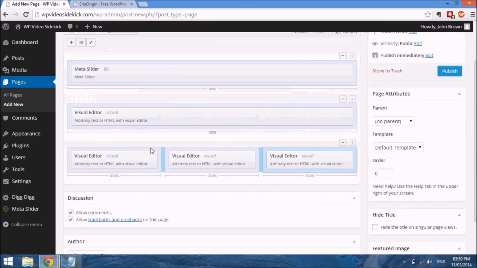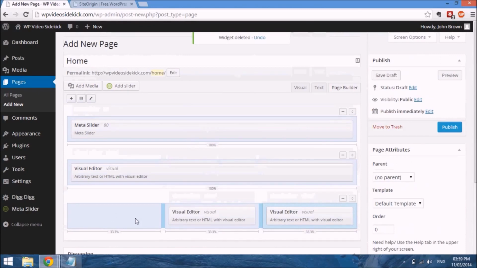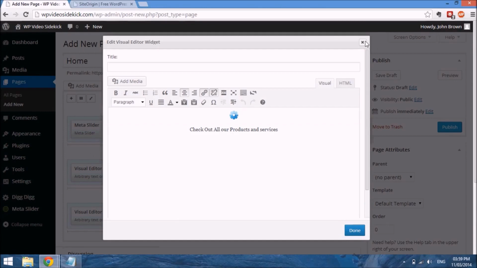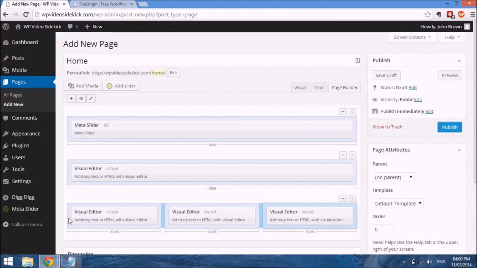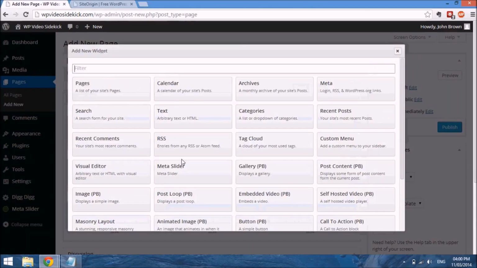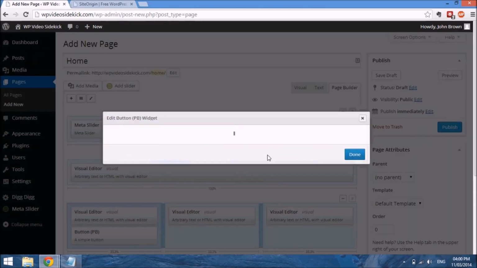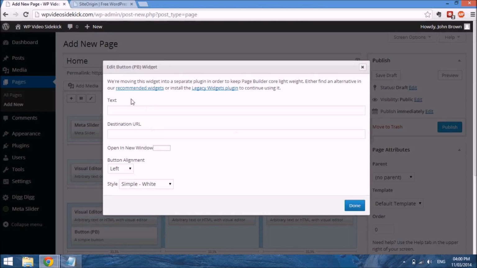And just one more thing I want to do is to okay, so I actually just accidentally deleted that widget. If we go to the very top here, we can just undo. What I wanted to do was just highlight the box because I want to add a button. So we just add a simple button, and then this window just open asking for the text to put on the button. So that very first area had a link to all products, so I'll just put